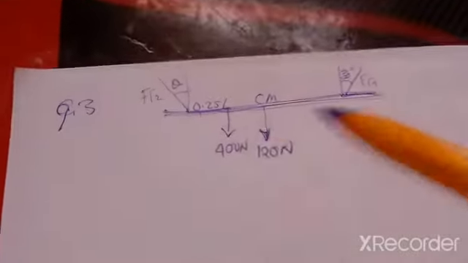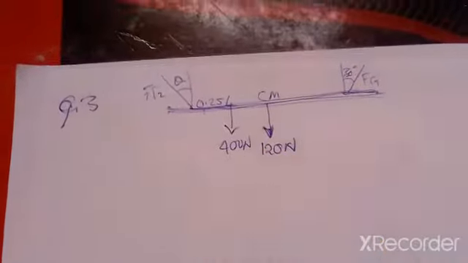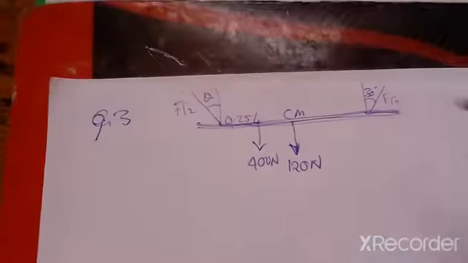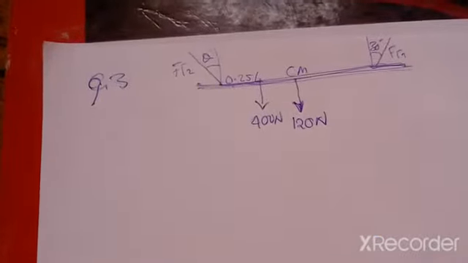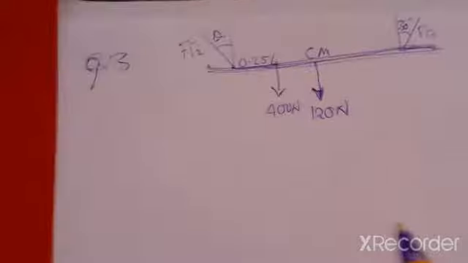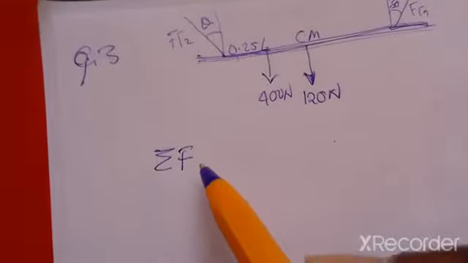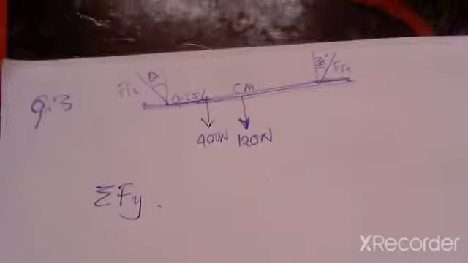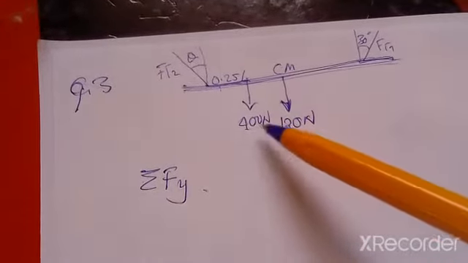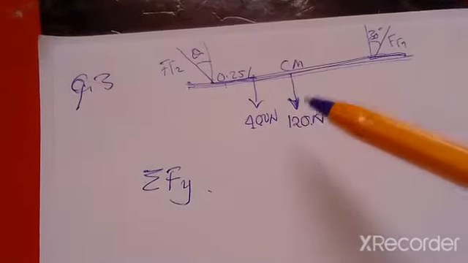All right, so meaning that at 0.25 multiplied by the length of the board, we have a 400 newtons mass suspended. Okay, so that's what we have here. Now we're going to use the means that we've been using even in the previous questions to solve this particular problem. I'm going to take the forces in the y-axis. Okay, so the forces in the y-axis in this case will be the 400 Newton mass, the center of mass, which is the weight of the board, of course, and then, mind